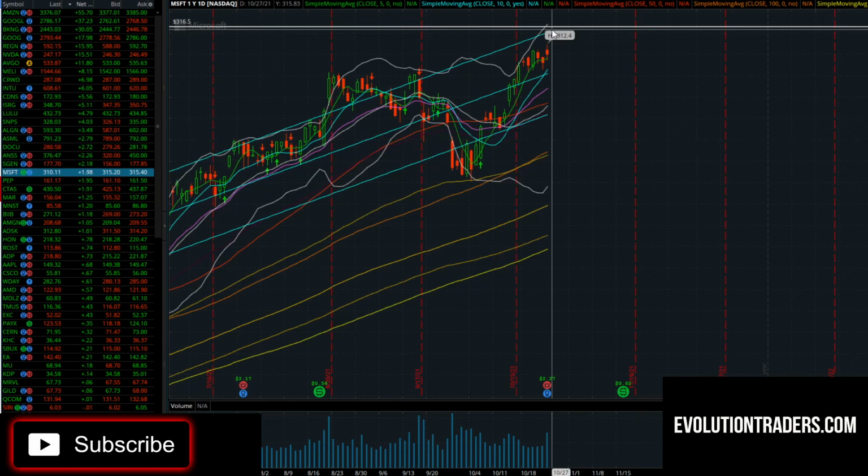So with that being said, take this as a scalp and see how the stock performs once you get in it. Obviously, you're going to want to use your entry candle's low as your stop loss, depending on if you're playing the hourly time frame or the 5-minute time frame, the 1-minute time frame, the daily. If you're looking to swing this, you're going to always want to use your entry candle's low as your stop. That's just the way I do it. It's just the way that works for me. You can set your own stop loss accordingly.